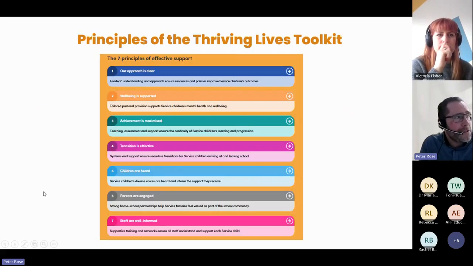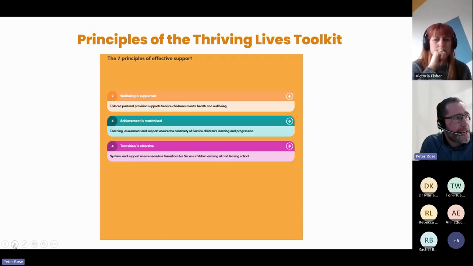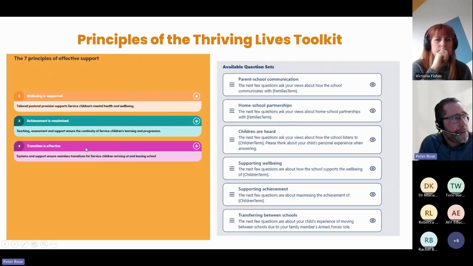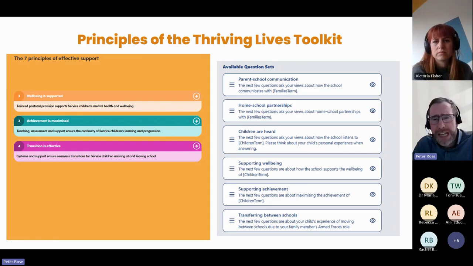So just briefly looking at the 7 principles of the toolkit, as I've said, principles 5 and 6, children and parents engaged, are directly supported by the function of the tool. There are then 3 other areas which are in many ways the focus of some of the questions within the toolkit. What I've pulled up here on the right are the question sets available for the parent and carer survey.